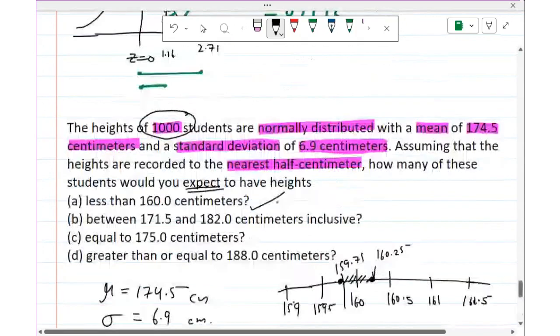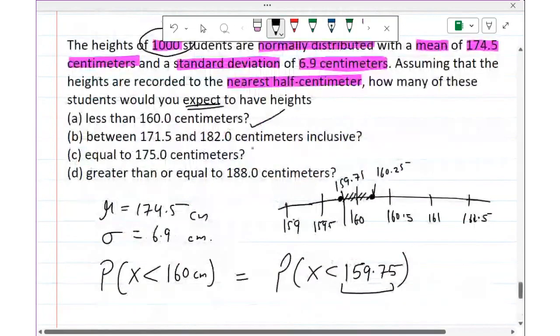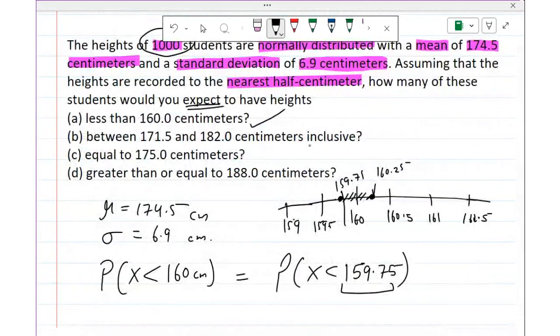So students, A part clear. In the same way we will do the B part. Now they are saying inclusive. Inclusive means we have to include 170, 171.5 and 180. So 171.5 actually means 171.25 to 171.75. So we have to start from 171.25 and we have to go till